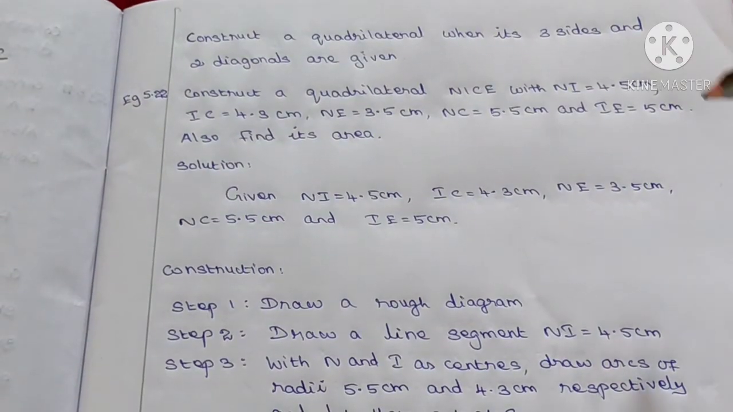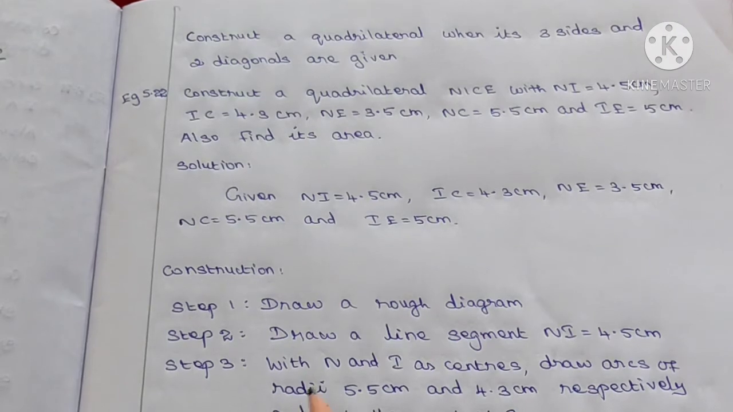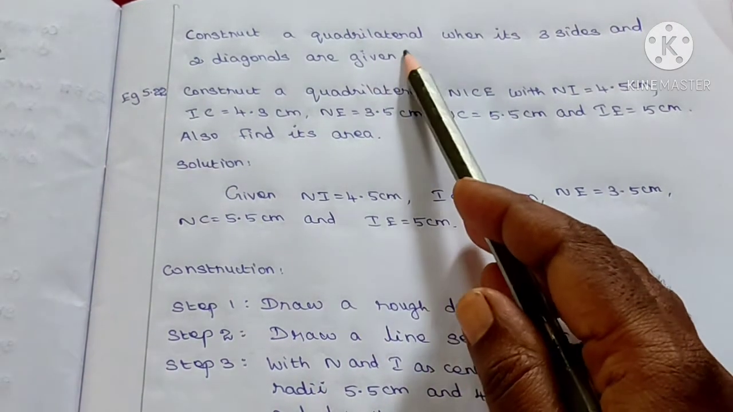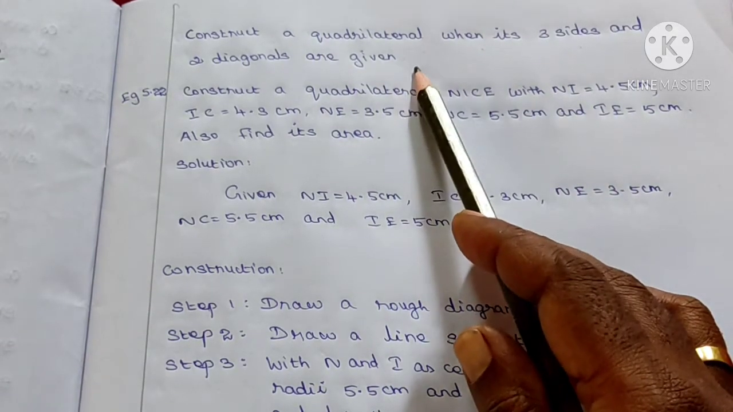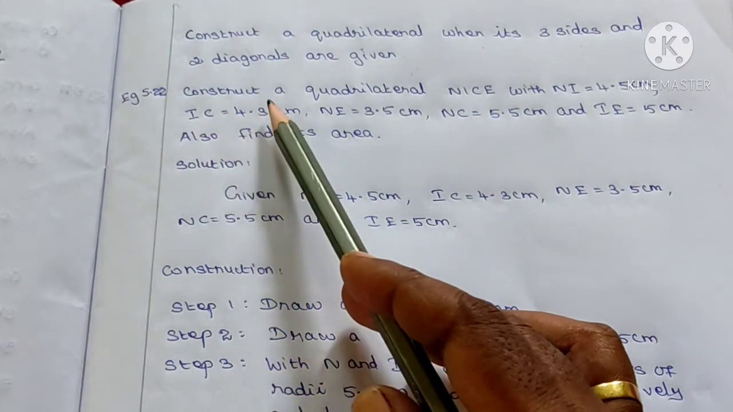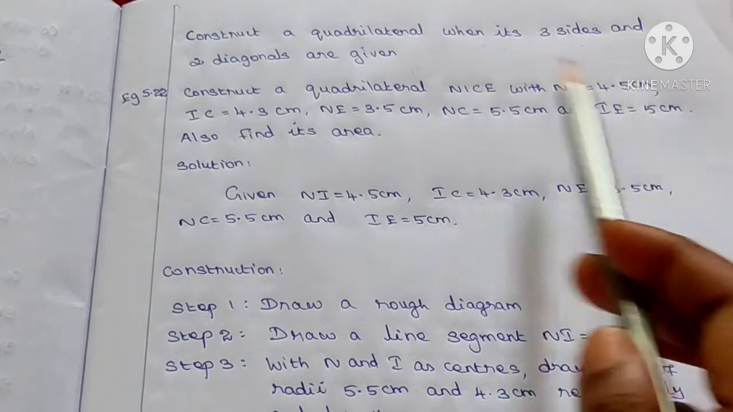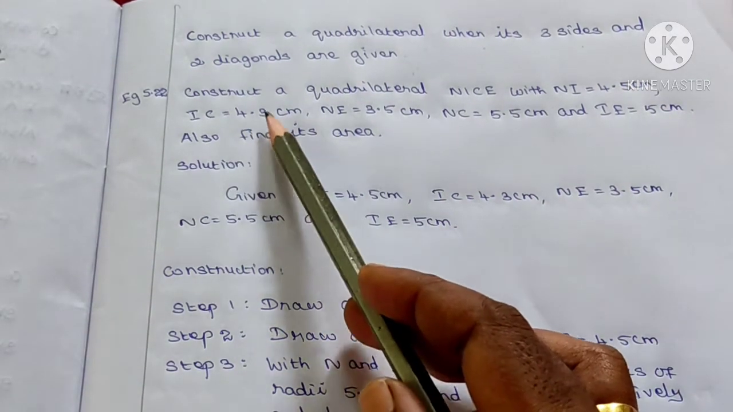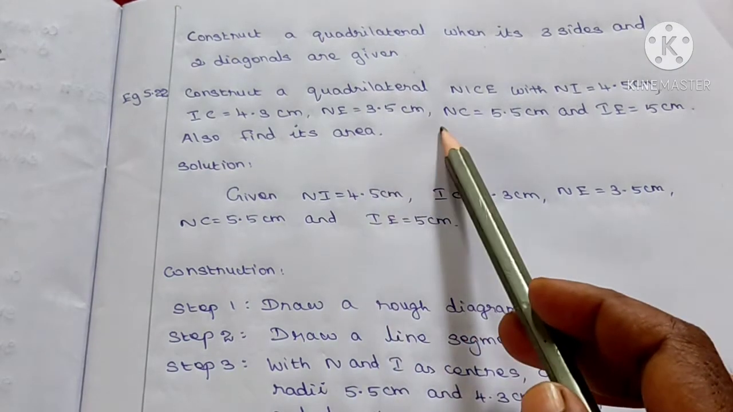Good morning students. In this class we are going to learn construction of quadrilateral type 2. Listen, construct a quadrilateral when its 3 sides and 2 diagonals are given. So the question, example 5.22, construct a quadrilateral NICE with NI 4.5 cm, IC 4.3 cm, NE 3.5 cm, NC